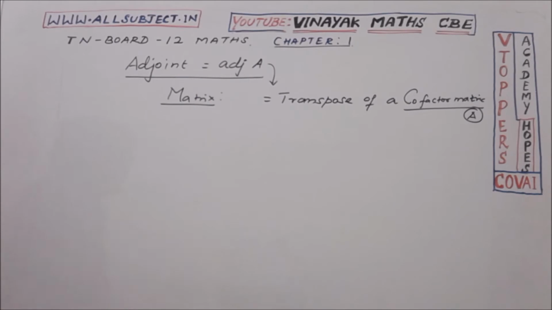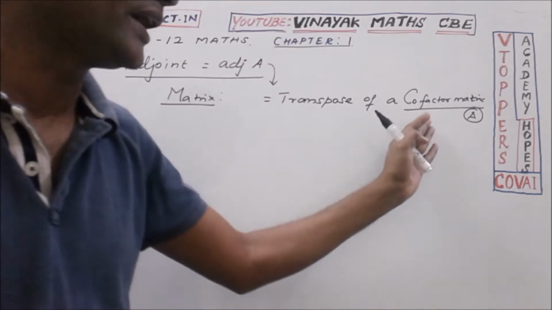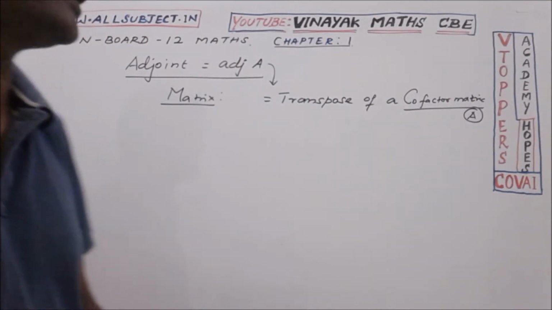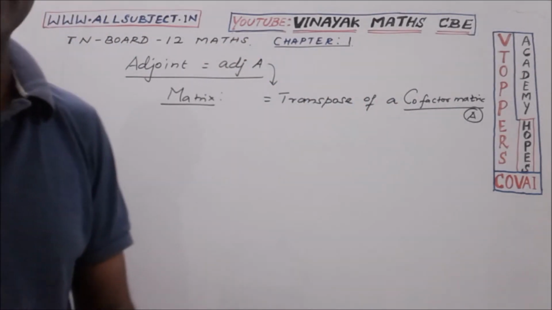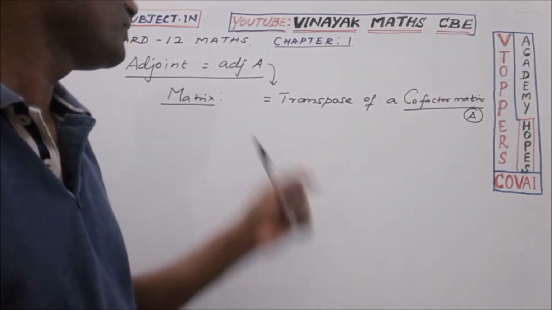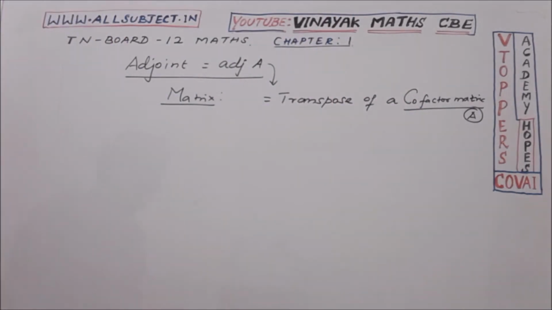So how to calculate this cofactor matrix? A matrix is given. You should first find the cofactor matrix and then transpose the cofactor matrix. It will be known as the adjoint of a matrix. So how to find the cofactor? Before entering adjoint, you should know what cofactor means. Cofactor matrix is nothing but